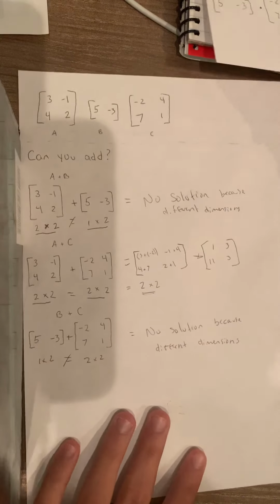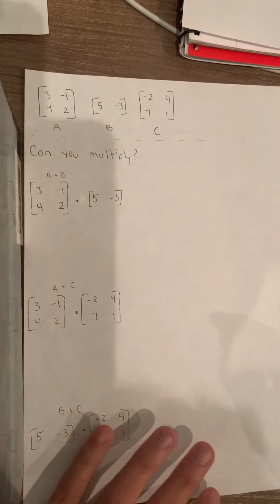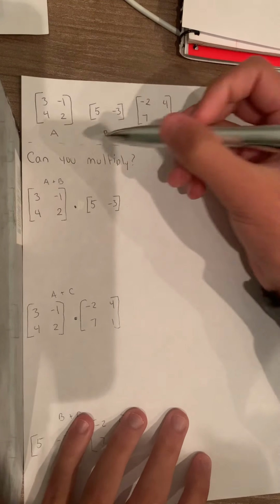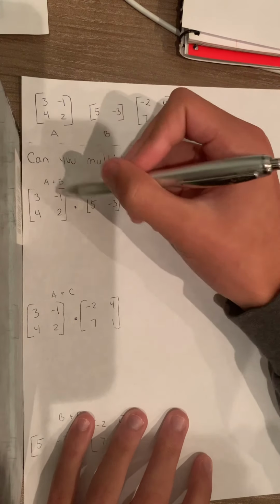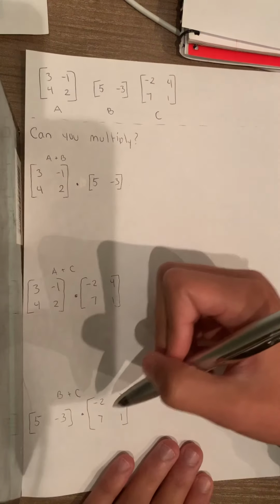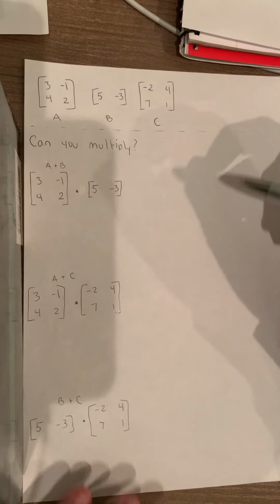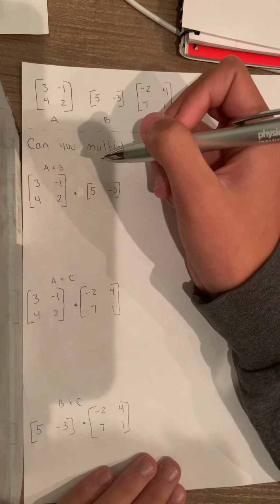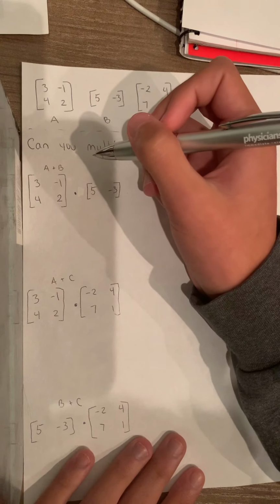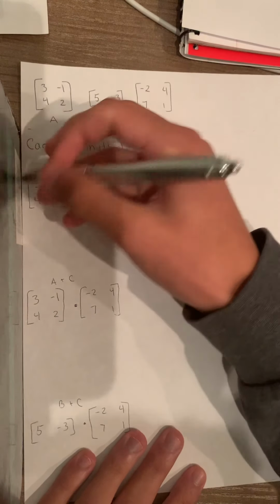So yeah, now that we have adding matrices done, let's look at how we multiply matrices. So again, we're using the same exact matrices, same exact combinations, except this time we're going to be multiplying them. So again, just like adding, very important first step is to write out the dimensions of each matrix you're working with. So as we established before, A is a 2 by 2 matrix,